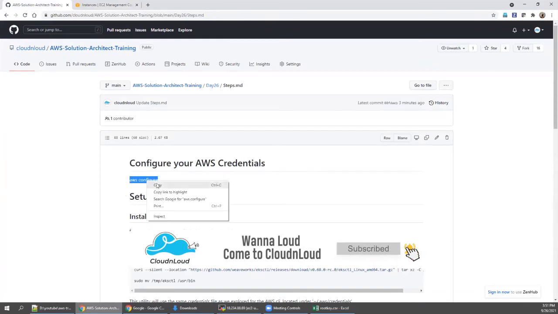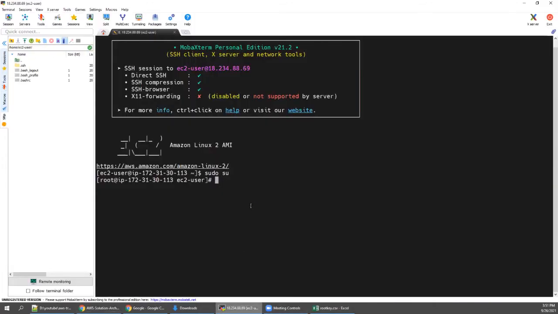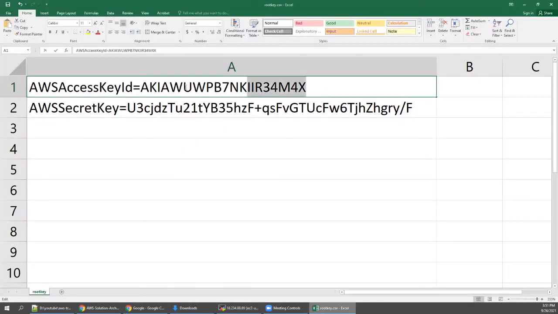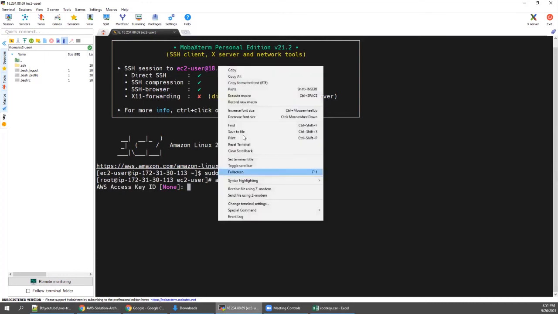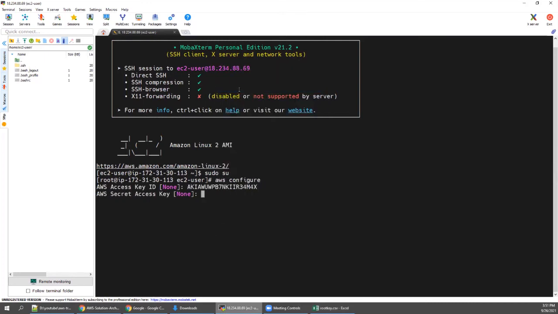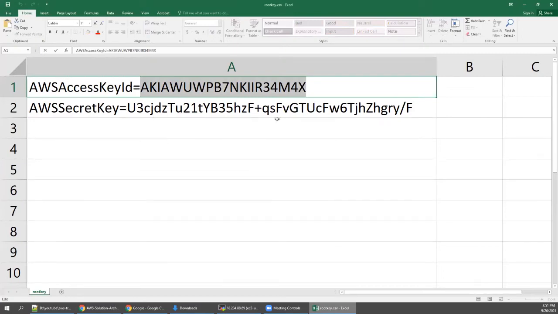First, do aws configure. You give your root access key ID, and then you give the secret access key.